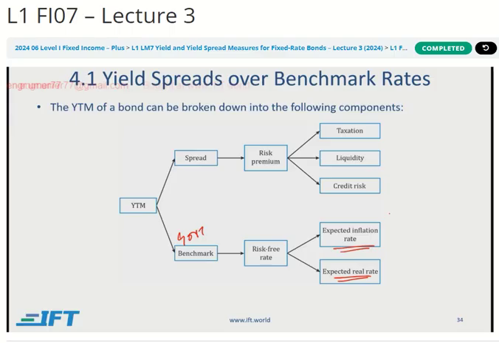But let's say if the benchmark is the government rate, then you've got the risk-free, because government bonds, the T-bills and the T-bonds and the T-notes are risk-free. And it has 2 of these components. And then you have your spread, which is related to number 1 and most importantly, credit risk, right? So this is the big one, that the company goes bankrupt and they're not able to pay you. Of course, liquidity, because it's not going to be as liquid as government bonds. So the ability to buy and sell, and more importantly, sell when you want and not lose a lot of money on it. And of course, taxation. So all these issuer specific factors will determine the spread on top of your benchmark.